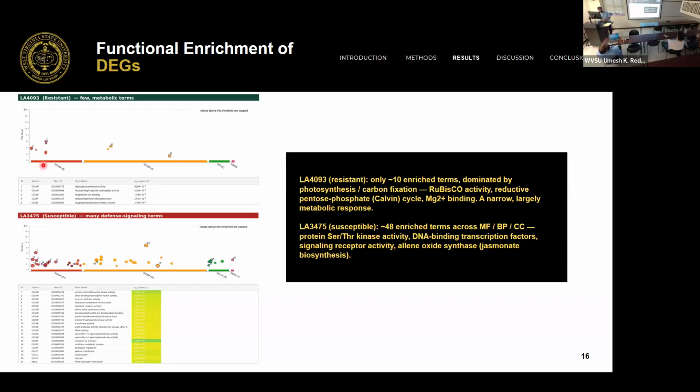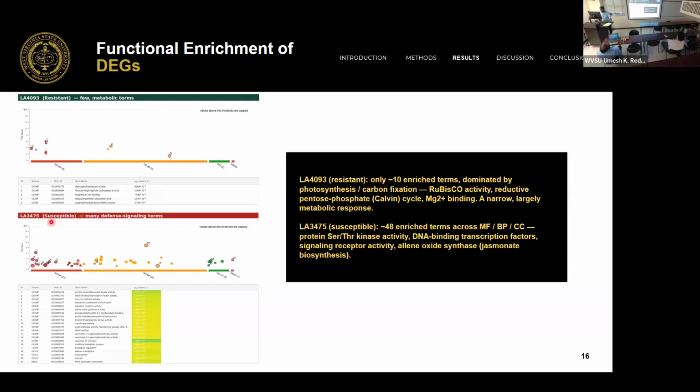Basically, we can infer that the resistant line here maintains its normal metabolism whilst the infection is there. On the contrary, the susceptible one showed approximately 48 enriched terms across all three gene ontology